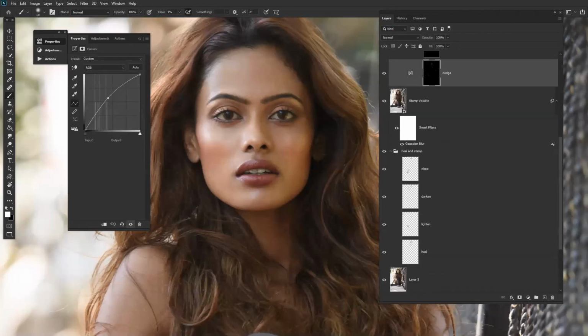Because in day one, what I told in day one, frequency separation is about colors and textures. Right now, we are working with the highlights and shadows and trying to come closer to the midtones. Got the point? Tomorrow when we do frequency separation, we will see how beautifully we can blend that area, so that it won't look too odd and it won't change too much of the face shape's characteristics. Okay.